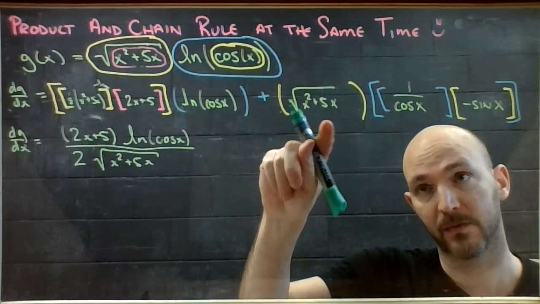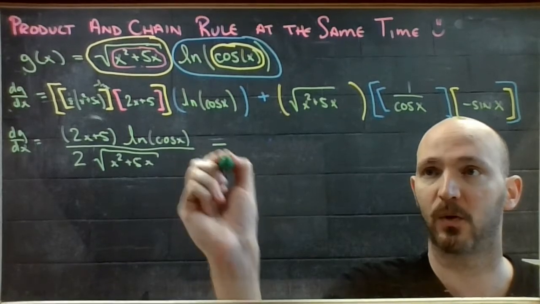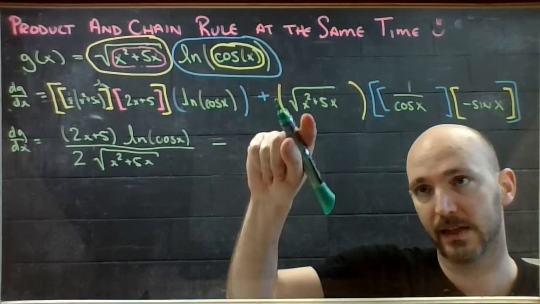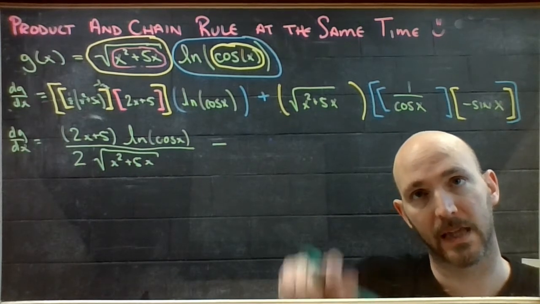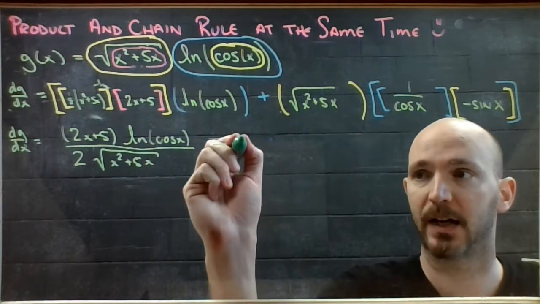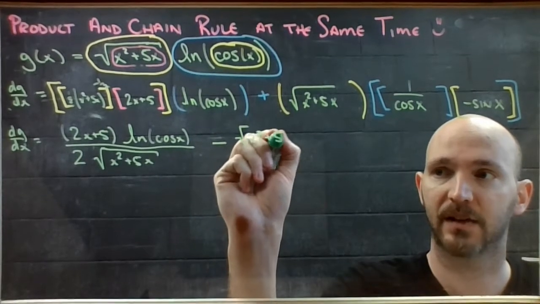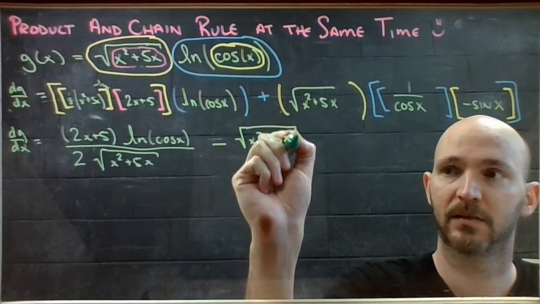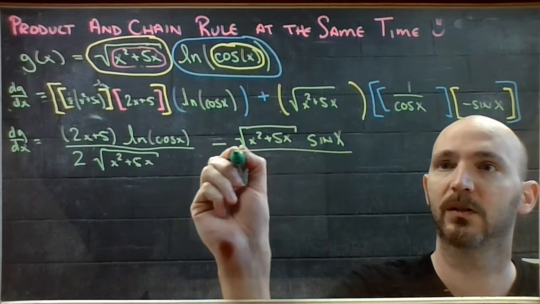In this term, I have a negative times a positive times a positive. It's going to be a negative overall. This and this are both in the numerator, and this is in the denominator. So I have the square root of x squared plus 5x, sine x